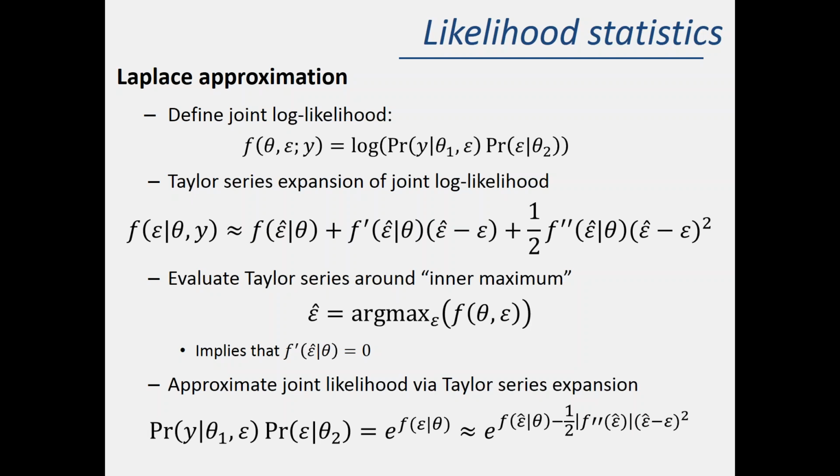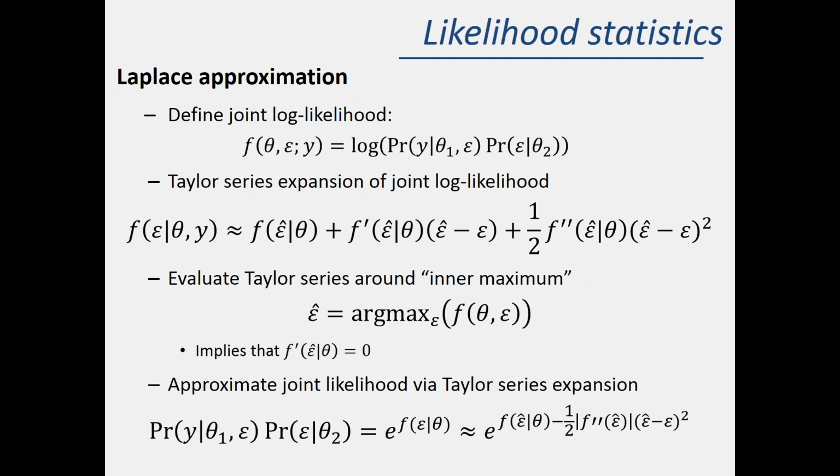But if you evaluate the Taylor series expansion at the best value of the random effects given your fixed effects, if you maximize that joint likelihood with respect to your random effects, and call that epsilon hat, your prediction of epsilon, that implies that the derivative of the log likelihood with respect to epsilon is 0. And so that means this term drops out, and so we end up with